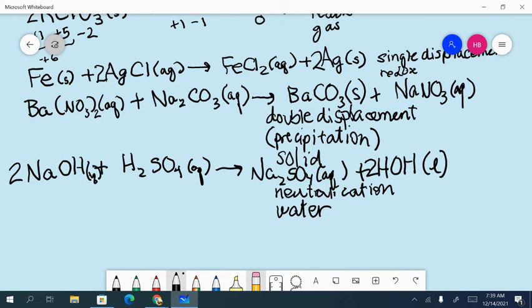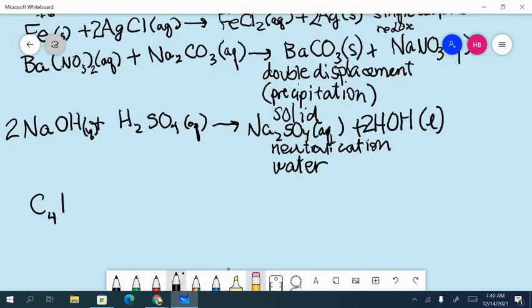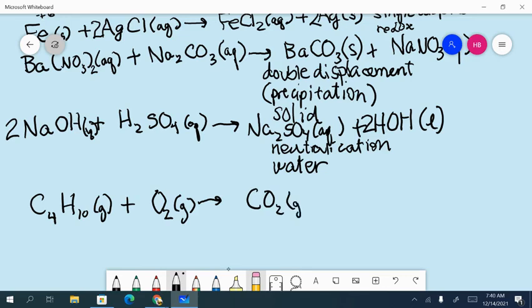So our last type of reaction is combustion. This particular hydrocarbon is called butane. You might have recognized that name from talking about butane lighters. Whenever you combust a hydrocarbon, the products are always the same. It's going to be carbon dioxide and water. Water is usually in a gaseous form